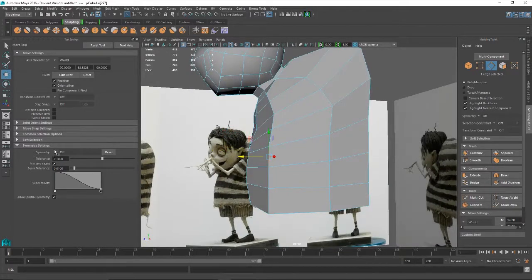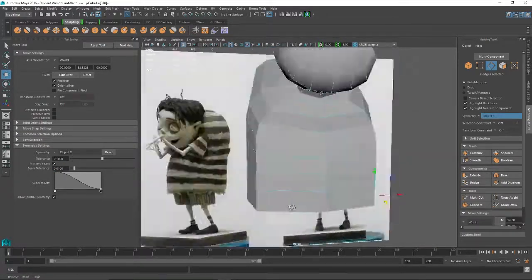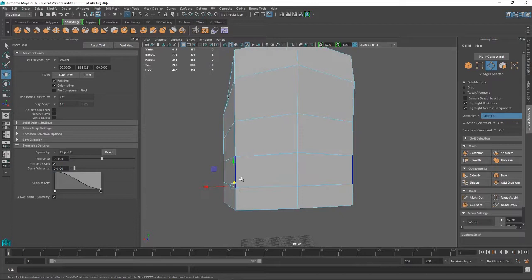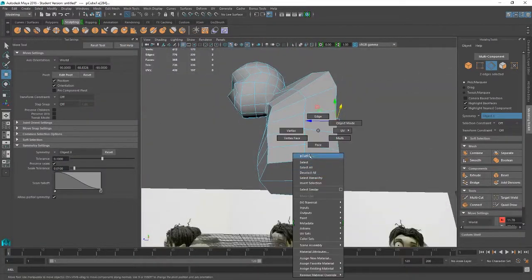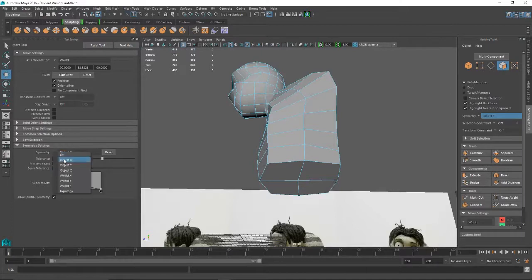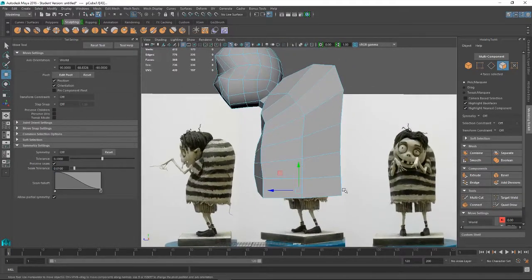Turn on symmetry, X symmetry. Pull these fronts back to give it more of a rounded edge. And we can pull the back in. Leave the hump kind of big at the top. Alright, select some more faces. We'll turn off symmetry, select some more faces on the bottom, and now we're going to do one more extrusion